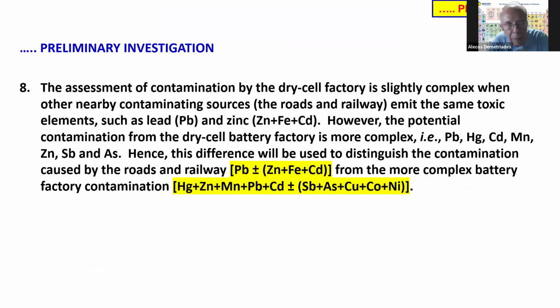Now, the assessment of contamination by the dry cell factory is slightly complex when other nearby contaminated sources, roads and railway, emit almost the same elements such as lead and zinc, plus iron and cadmium. However, the potential contamination from the dry cell factory is more complex, with lead, mercury, cadmium, manganese, zinc, antimony, and arsenic. Hence, this difference will be used to distinguish the contamination caused by the roads and railway from the more complex factory